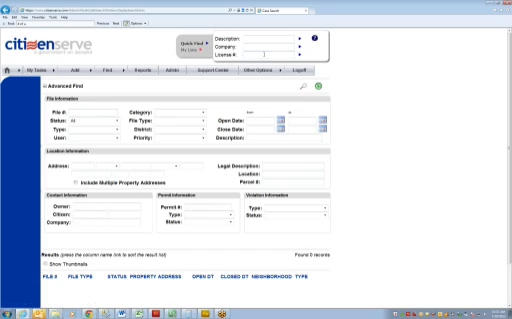So quick find is quick and easy if you know exactly what you're looking for. Advanced find is helpful when you don't really have all the specifics. You can put in a date range that it came in. You could put in an area or a type or personal information, that kind of stuff. I'm going to go ahead and pull up